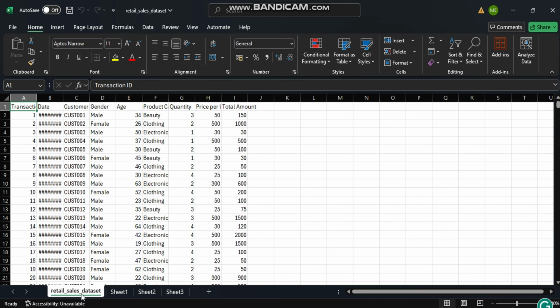The next thing here is, you see these letters here. These are called columns, and they are referenced using alphabetical letters. Now, these are the rows. They are referenced using numbers. And now, these